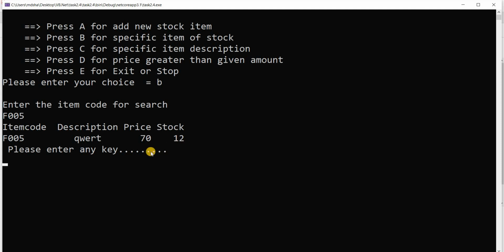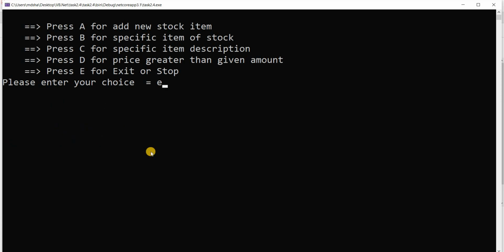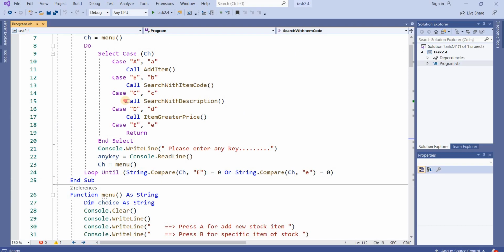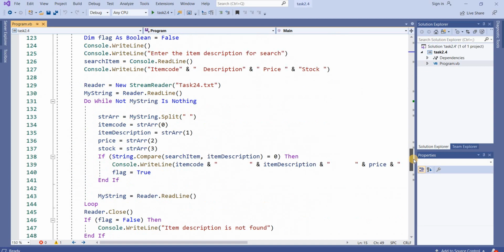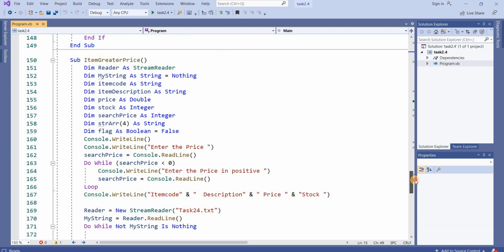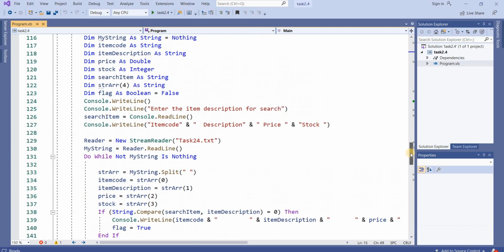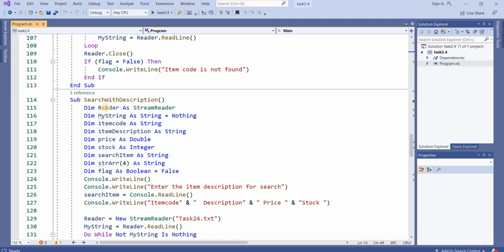Okay, you have seen this code, this function, this subroutine. To stop the program, next is call search with the description. It is the same thing as with code, and here it is description. Search with description, all the code is the same. Reader equals StreamReader, the reader object has been used here.